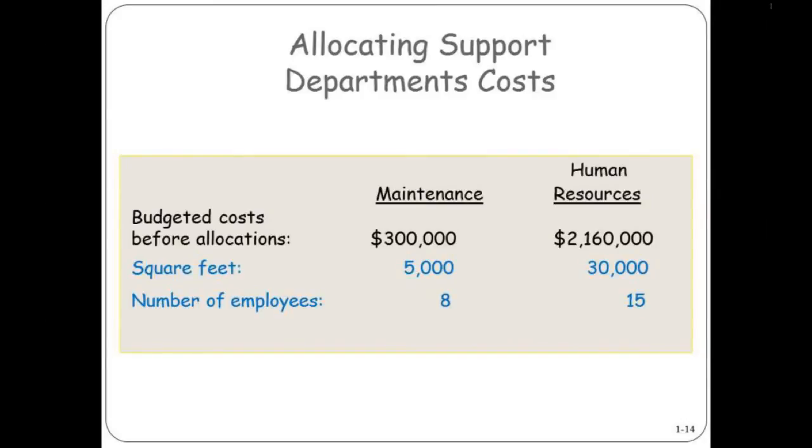Maintenance has been budgeted $300,000, and HR, much bigger nut, $2.16 million. And you can see the number of square feet they're using. Remember, there was 95,000 square feet. They're just using a part of it. The operating divisions are using the remainder. And the number of employees in these 2 departments, 8 and 15. So the allocation,